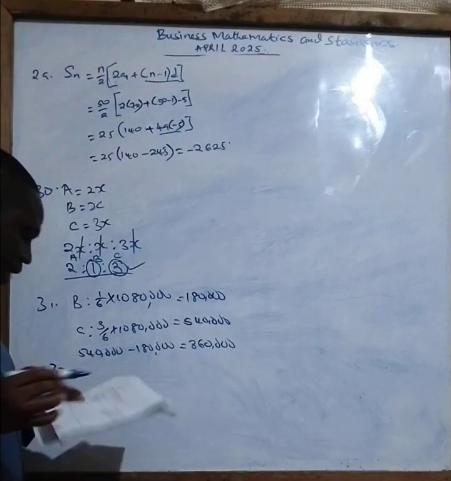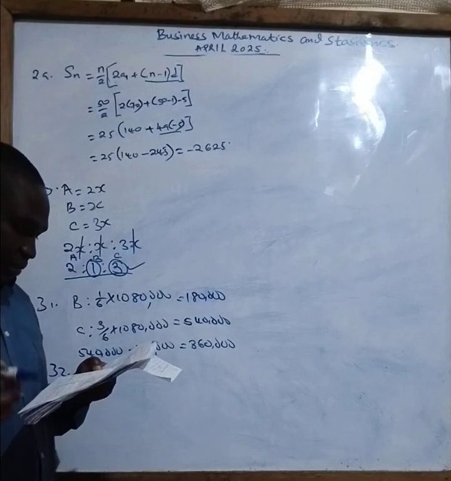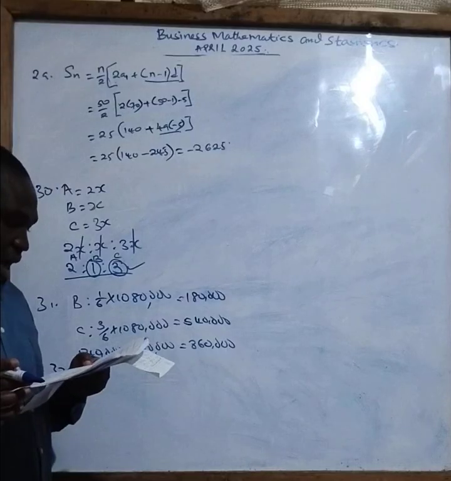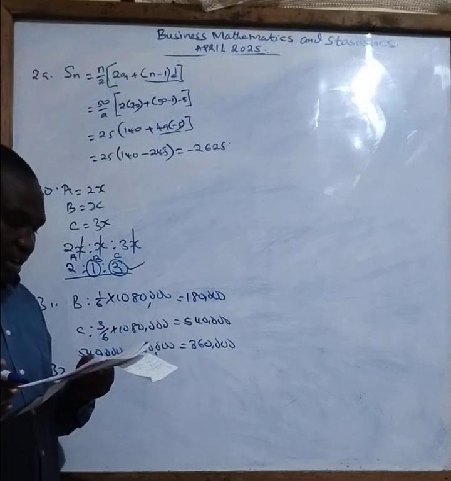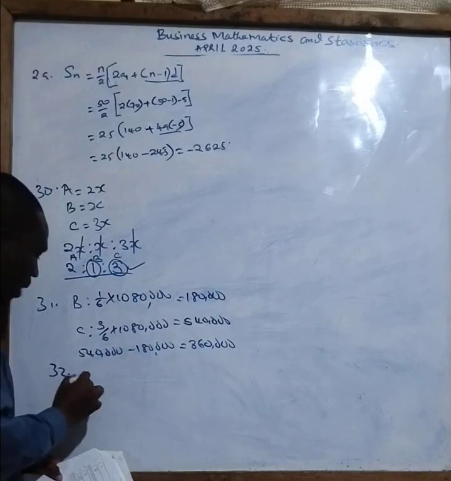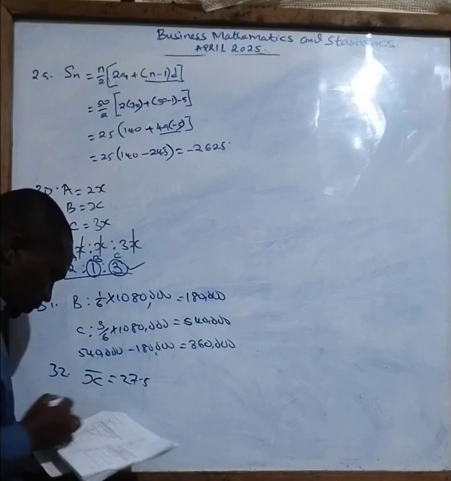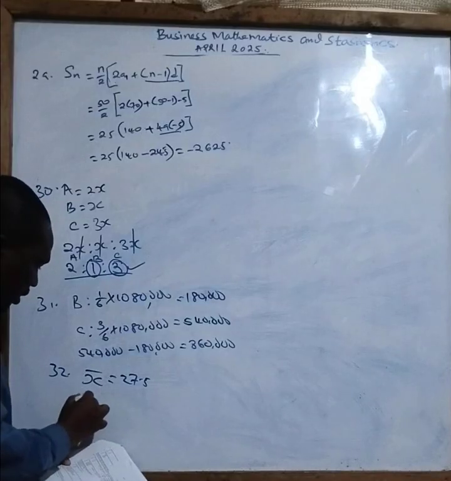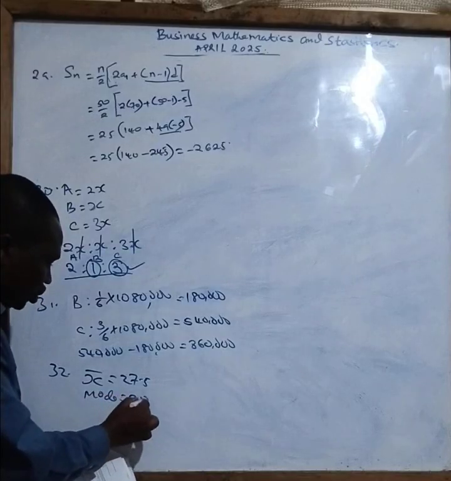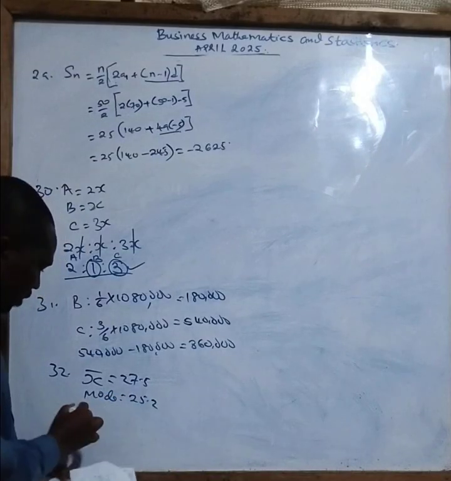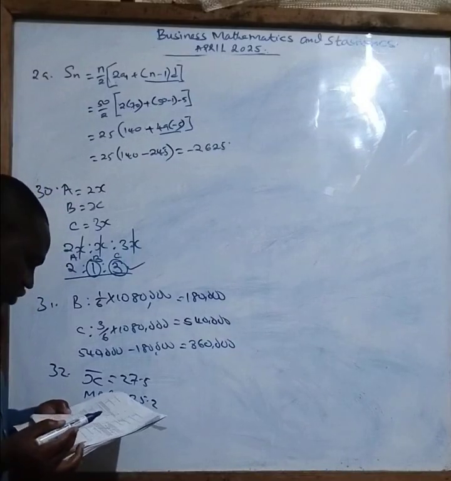Question 32, class. Use the following information to answer question 32 and question 33. The following information relates to product J of Jax Limited. The arithmetic mean is 27.5. The mode is 25.2. And we have been given the standard deviation of 4.5. So question 32 is saying, calculate the